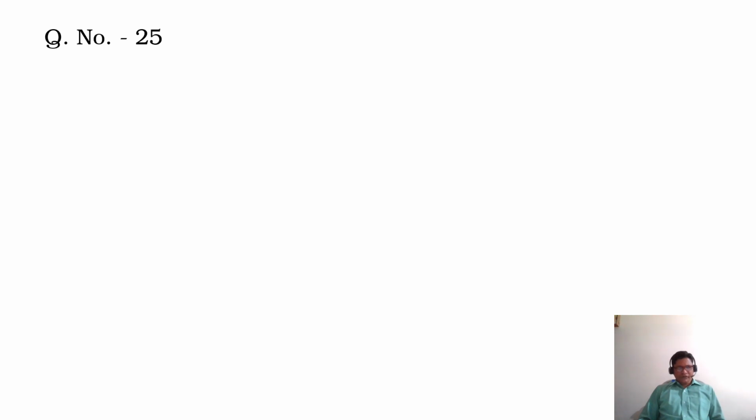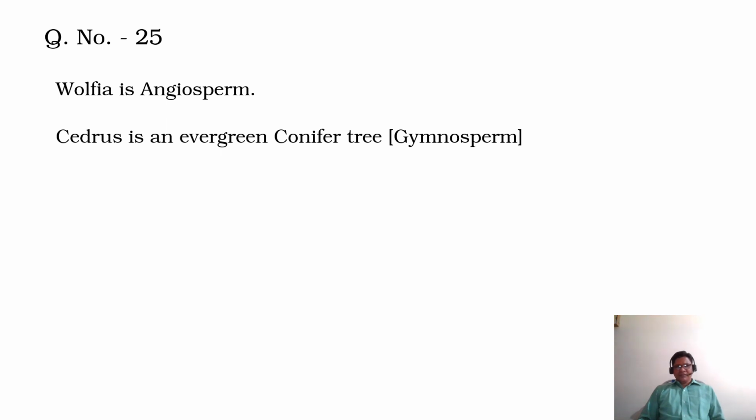Question number 25. Double fertilization is found in option 1, Wolffia; 2, Cedrus; 3, Adiantum; 4, Sphagnum. So let's see the information about these options. Wolffia is an angiosperm. Cedrus is an evergreen conifer tree which belongs to gymnosperms. Adiantum is a pteridophyte.